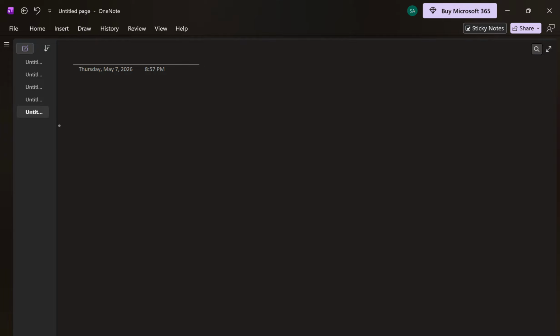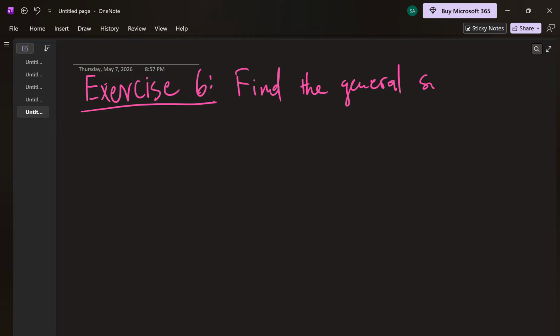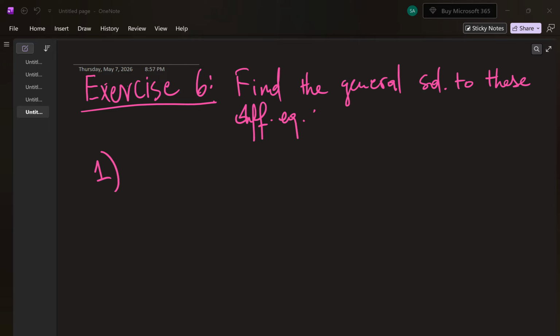So exercise number 6. The exercise: find the general solutions to these differential equations. So equation 1 is